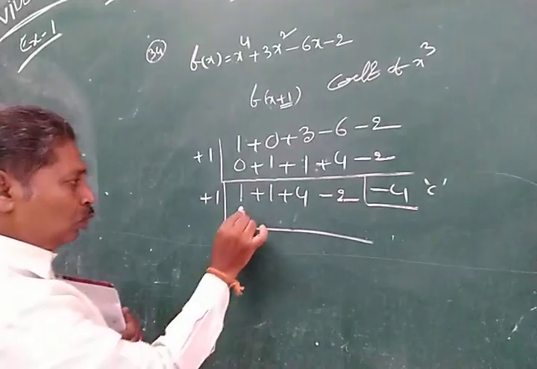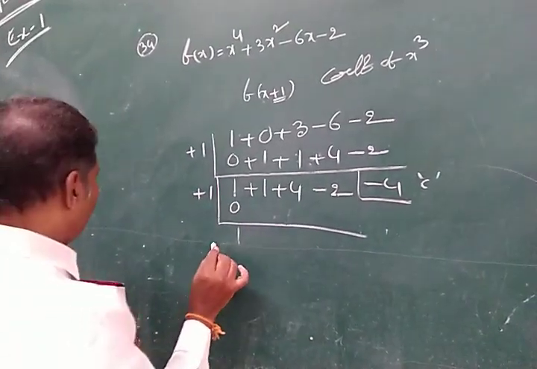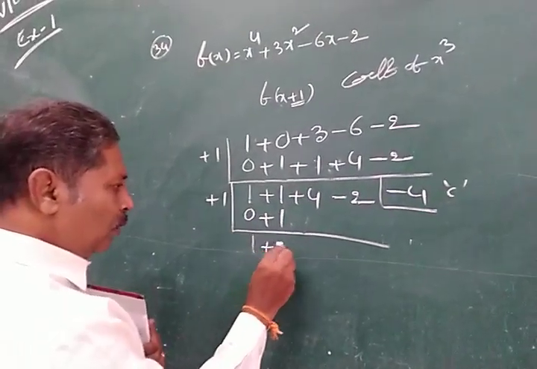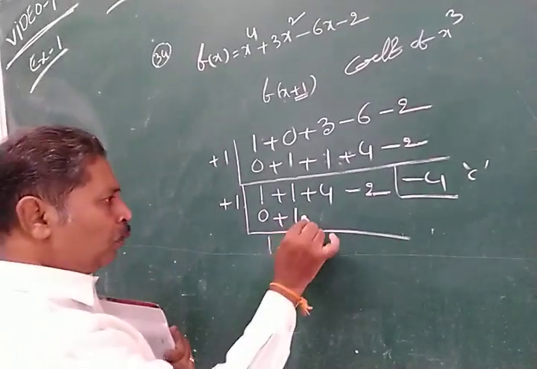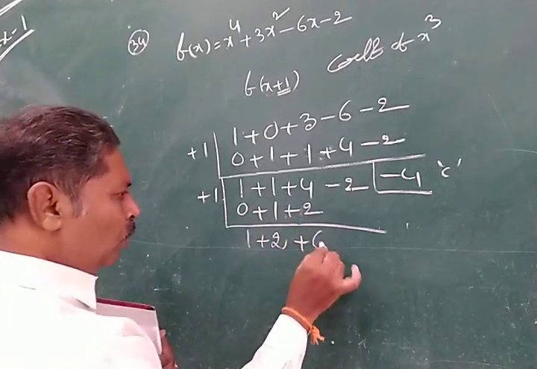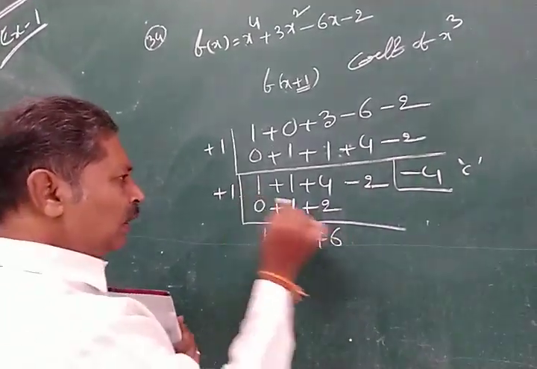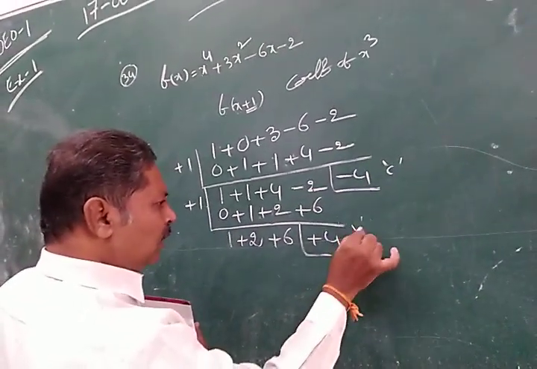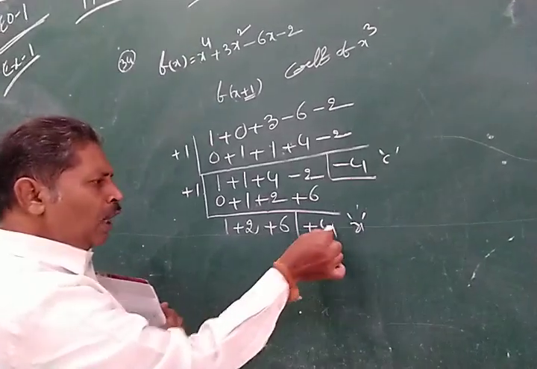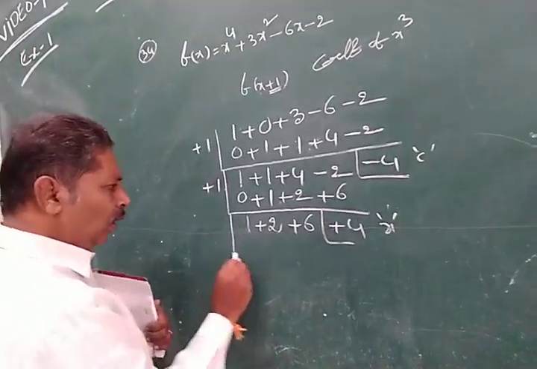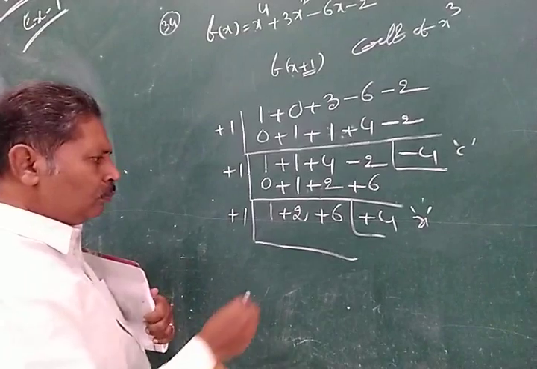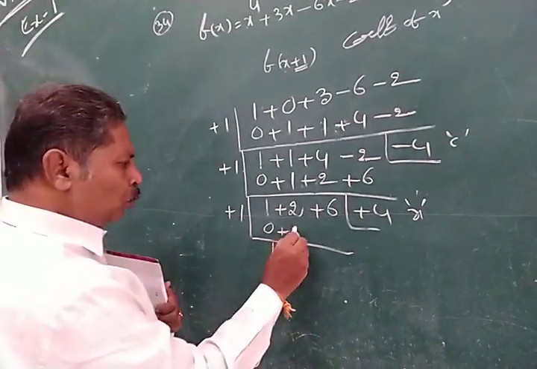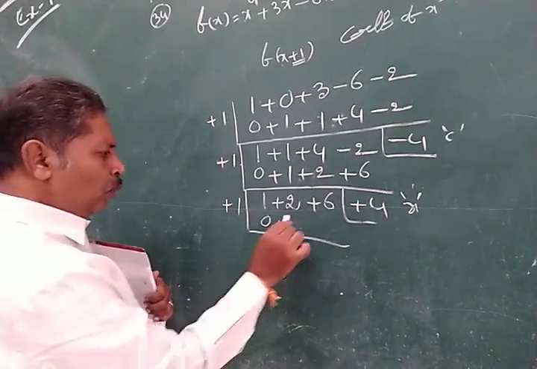Second time, 0, 1, 1 into 1, 1, 2, 2 into 1, 2, plus 6, 6 into 1, 6, plus 4, this is a coefficient of x. Next, third time, 0, 1, 1 into 1, 1,